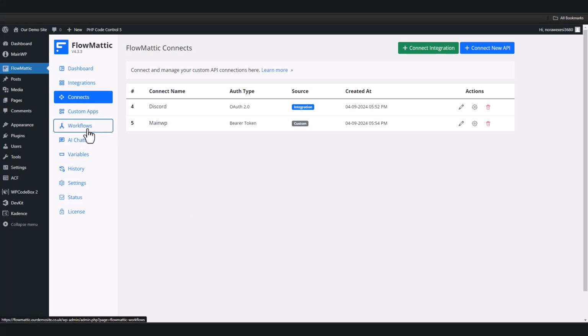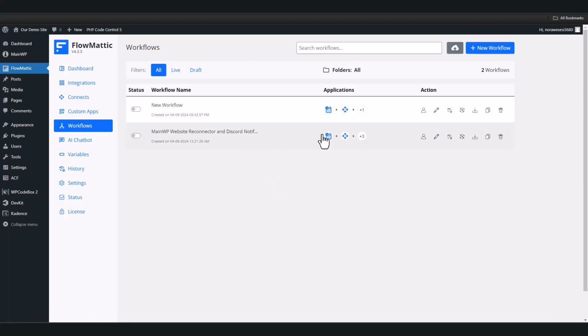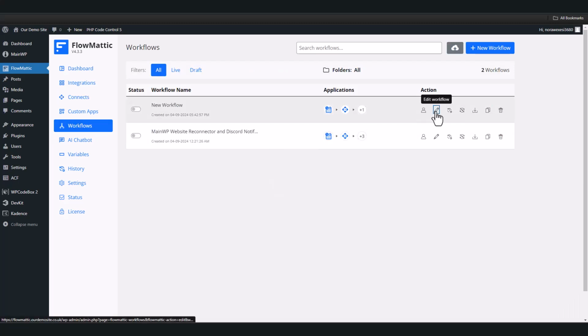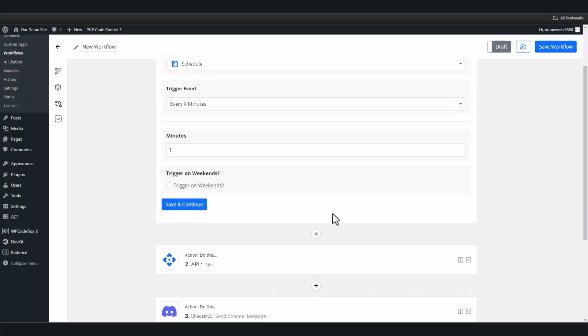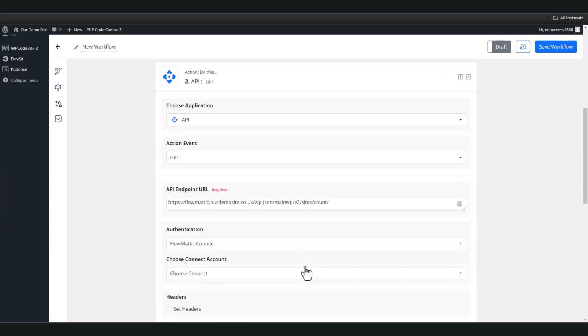So I'm going to go over to workflows where I have built a couple, but I'm going to actually edit this one. And this is a test workflow to test what we've just pulled together. So this is a basic schedule of 1 minute, every 1 minute it's going to do a task. It then sends a get command to this endpoint, which is on my demo site,